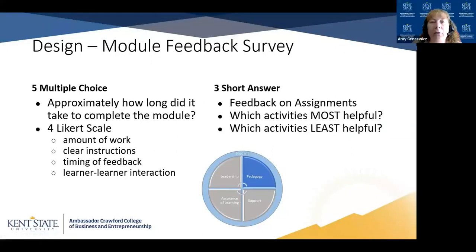So one of the things that we did very early on, and this was kind of my doing when I was the senior instructional designer, is we added module feedback surveys to all of our online MBA courses. And this was really impactful because we learned a lot. We really wanted to know if the design we were using in the courses worked, how the students felt about the courses, how much time they were spending.